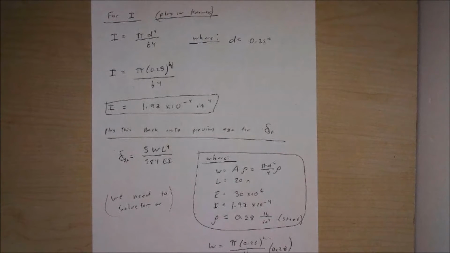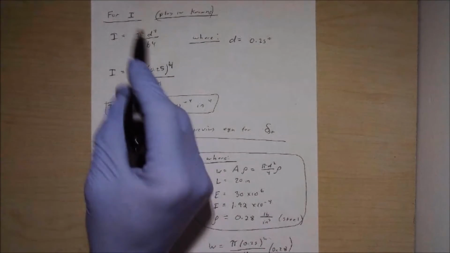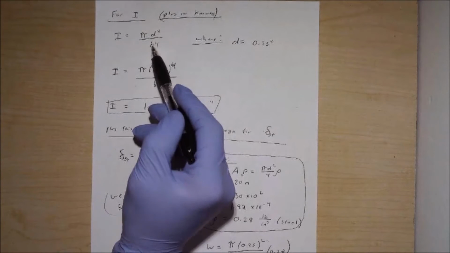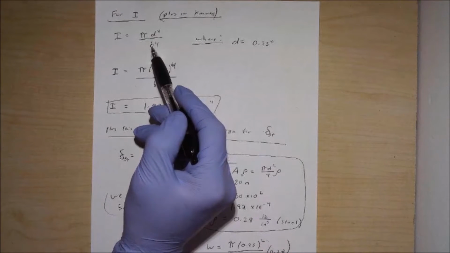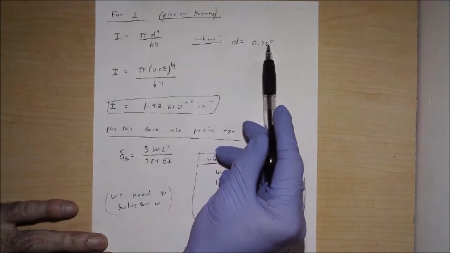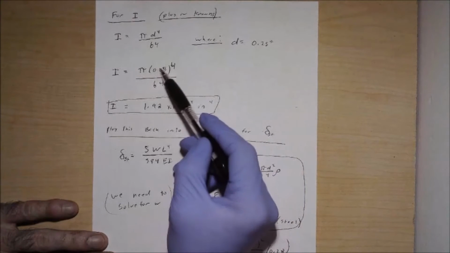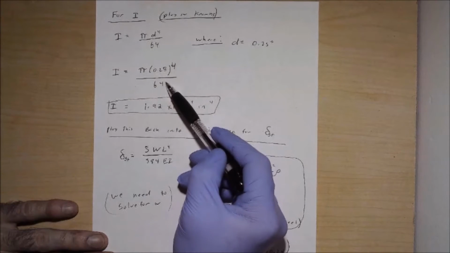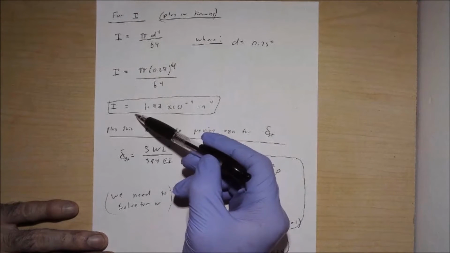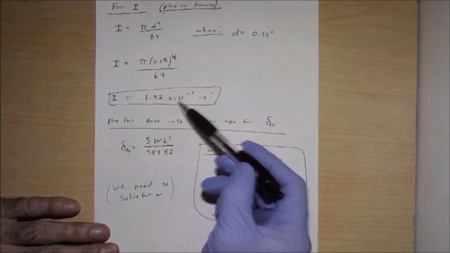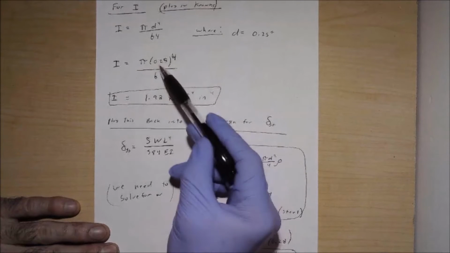So with the equation that we just got from our appendix for our moment of inertia, rewrite our equation again. I is equal to pi d to the fourth over 64. Again, remember we're in units of inches to the fourth here. So we can plug in what we know. Well, we know our d is given to us as 0.25 in inches. So units are good so far. We can plug this in here. So I is equal to pi times 0.25 to the fourth all over 64. Do our math here. We get a value for a moment of inertia here. I is equal to 1.92 times 10 to the negative fourth in units of inches to the fourth, which is